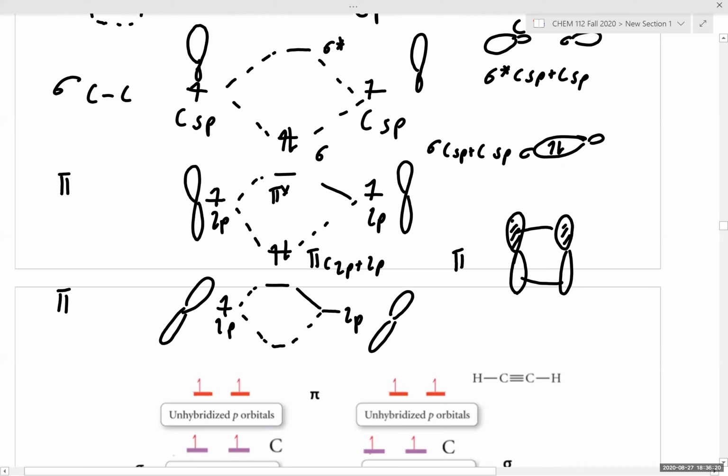Is the orientation different for this second overlap? Even though we're forming a pi bond, are these orbitals arranged differently in 3D space? Yes. So then, our second pi bond will be an overlap on the horizontal axis